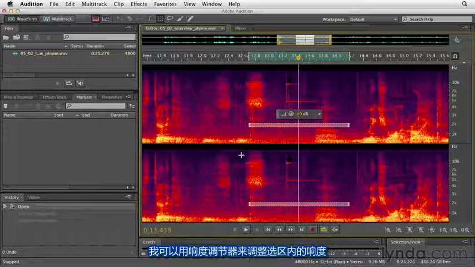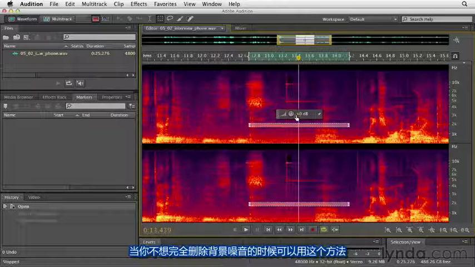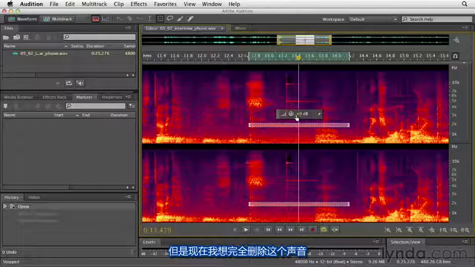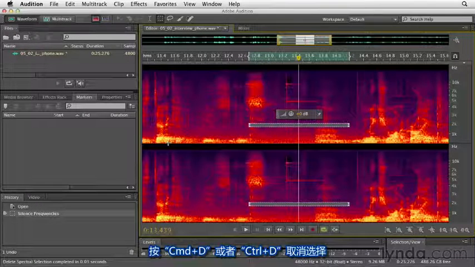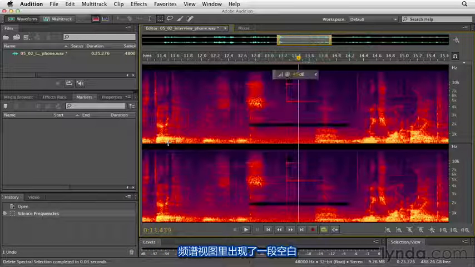So with the selection made, I could just use the amplitude controls here and reduce the volume of the sound. This might be useful if you have a background noise that isn't exactly unwanted, but just might be too loud. But in this case, I want to completely eliminate the sound, so I'm just going to press the delete key on my keyboard. I'll press Command or Control D to deselect, and you can see that left a blank area